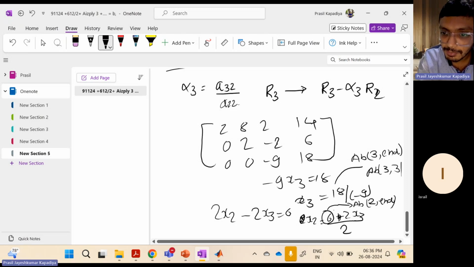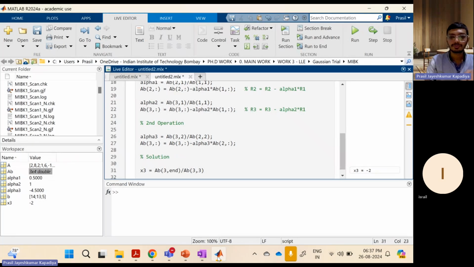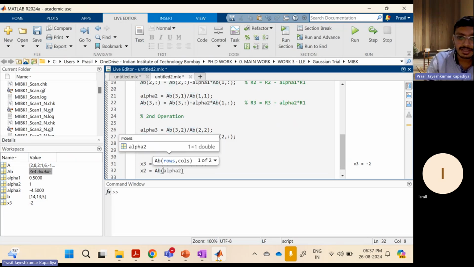or I will write it down here, minus of minus 2. So minus of augmented matrix second row third element into x3 whole divided by augmented matrix second row second element. Correct? So I'm just converting this math into code. So I can write it down, my x2 is equal to augmented matrix second row last element